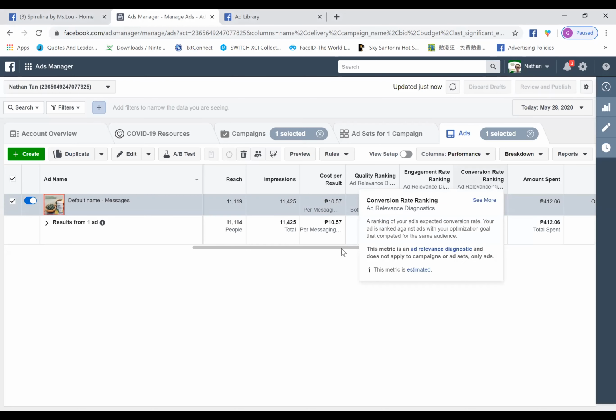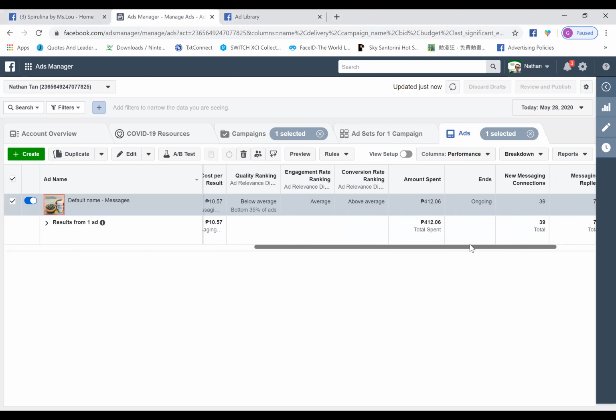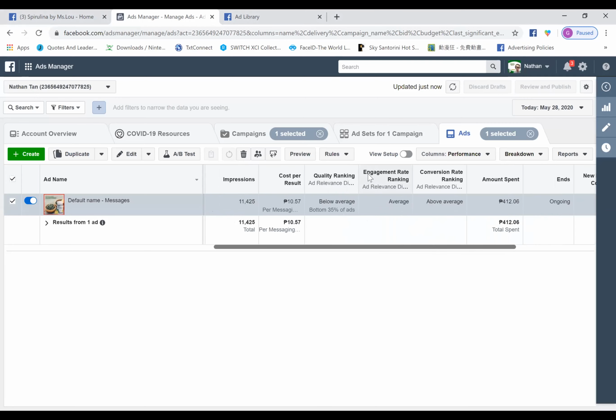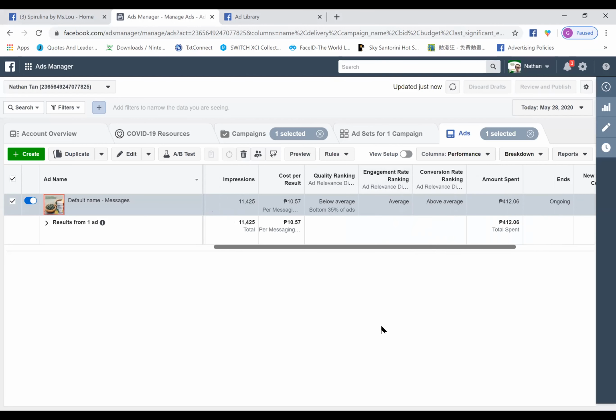Conversion rate means when people see your advertisement, compared to your objective. My objective is to want people to send a message to me, correct? Do they send a message or not? The answer is yes, it's above average, meaning they respond very well. So from these 3 different rankings, what is that trying to tell me? Even though my copywriting is not that good compared to my competitor, even though my picture is not that good compared to my competitor,